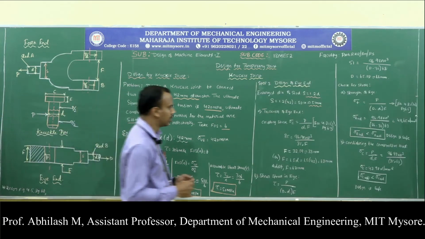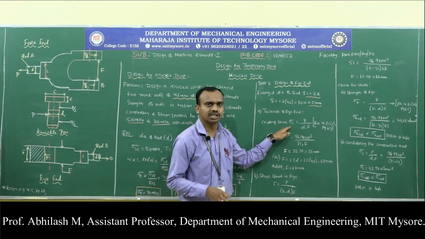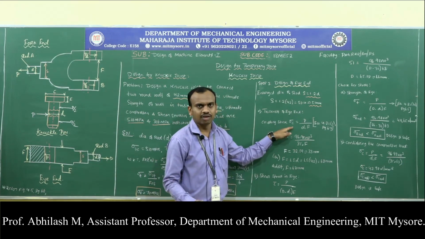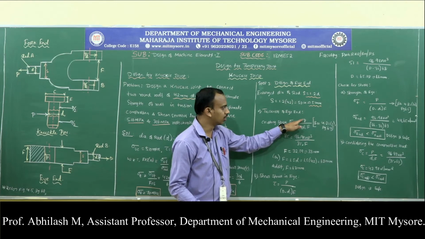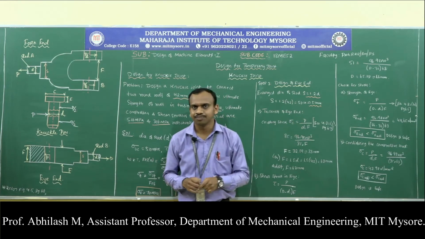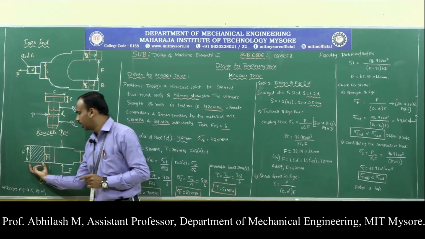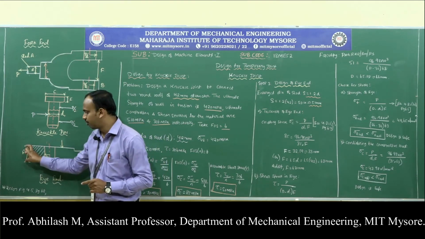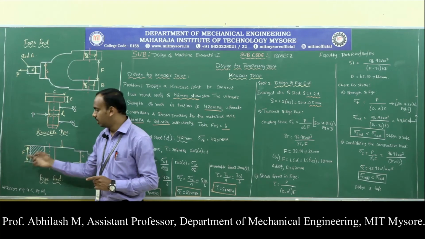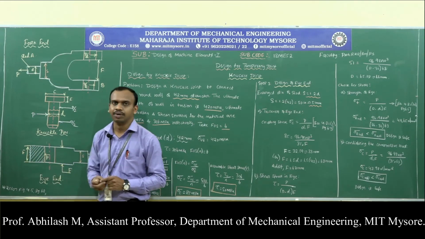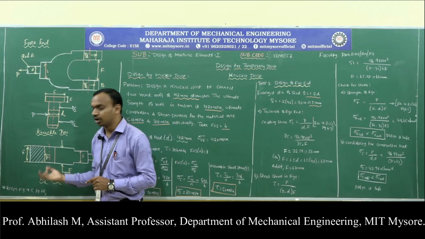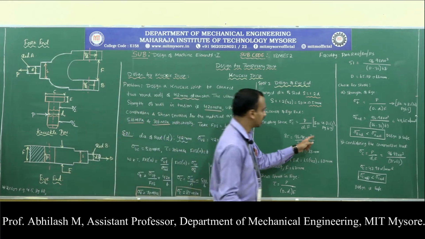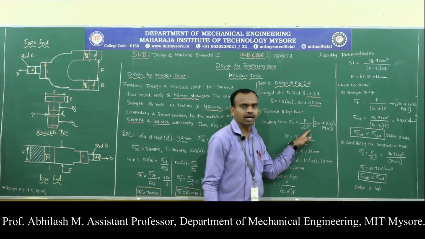So based on that, the crushing stress, which is generally denoted by sigma C, will be equal to, the general equation, load divided by area. What is the area of this rectangular portion? The rectangular portion is given by F, which is the thickness, into the diameter of the knuckle pin. The knuckle pin diameter is how much? D1. So it is D1 into F.